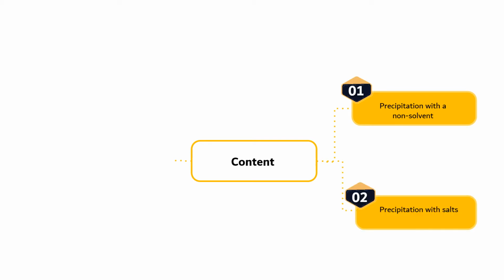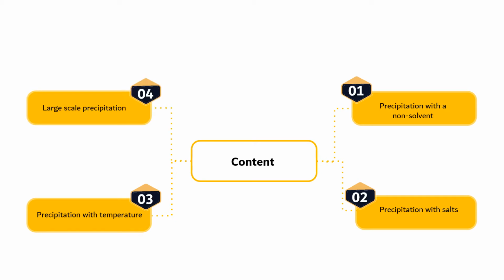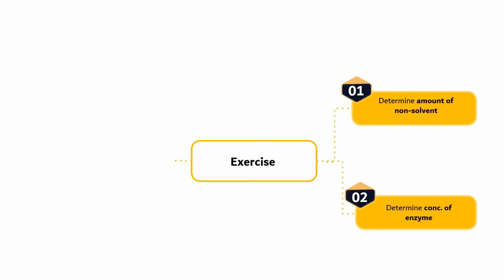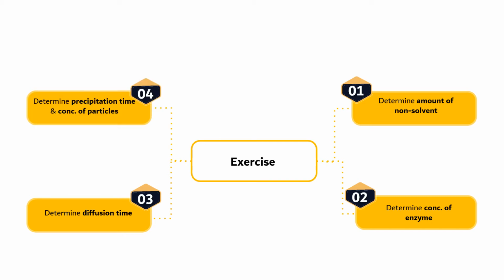Precipitation is an easy, straightforward method of purifying biological solutes. In this module, we will discuss precipitation with a non-solvent, precipitation with salts, precipitation with temperature, and last but not least, large-scale precipitation. At the end of this module, students will be assigned to do several exercises to determine the amount of non-solvent, determine concentration of enzyme, determine diffusion time, and last but not least, determine precipitation time and concentration